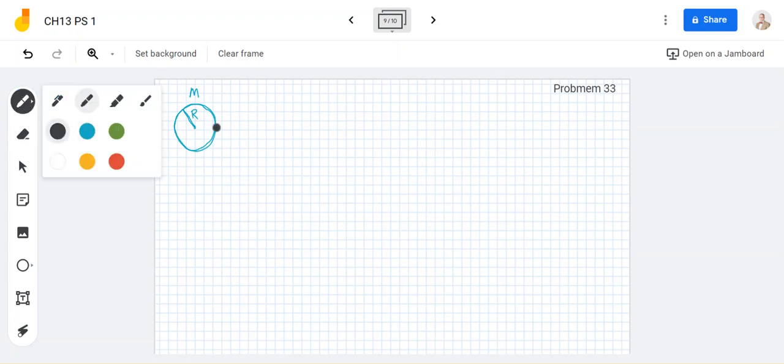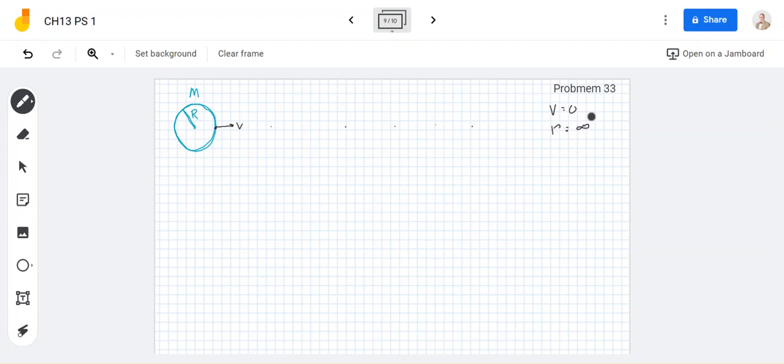So you're going to throw a ball or launch a ball or something from here, and it's going to go out at speed v. If you want to escape, what that means is that as you're going out, you're slowing down, and v is equal to 0 when the distance, we'll use r as our distance, is equal to infinity. So this is our understanding of how to escape: you need to be going fast enough so that as you go, you always get slower and slower, so out at infinity, you have a velocity equal to 0. And what this means is that